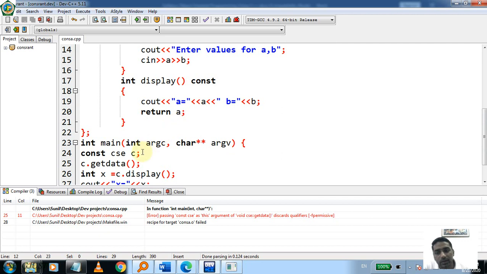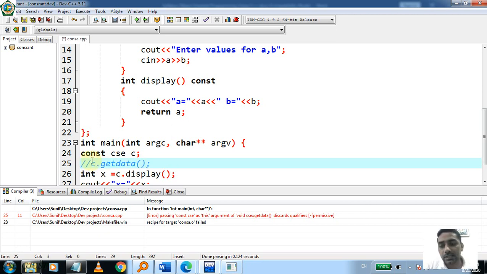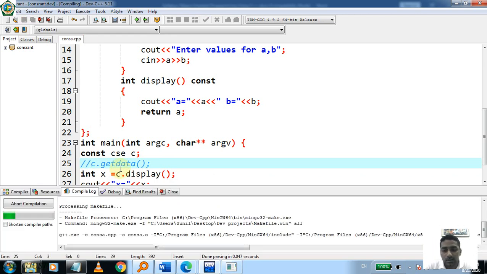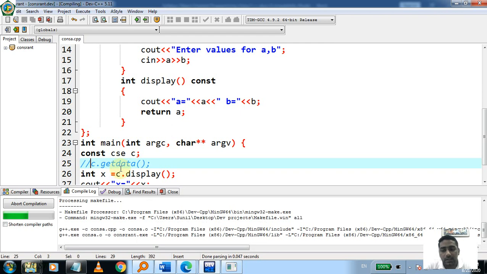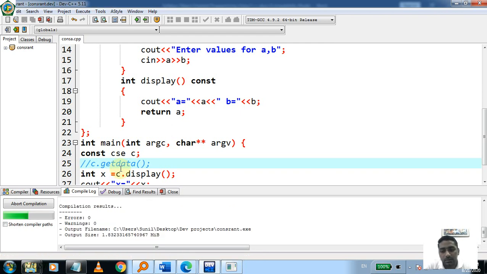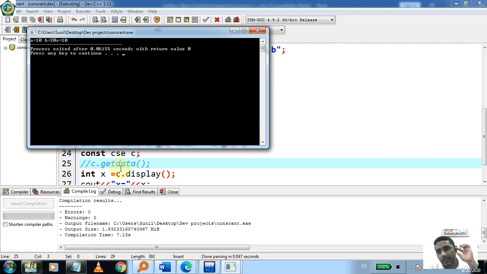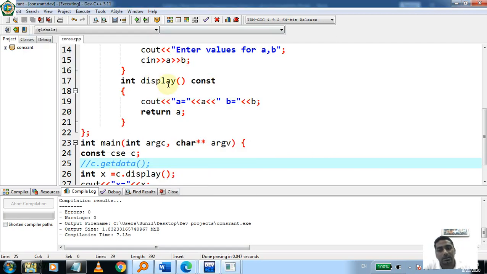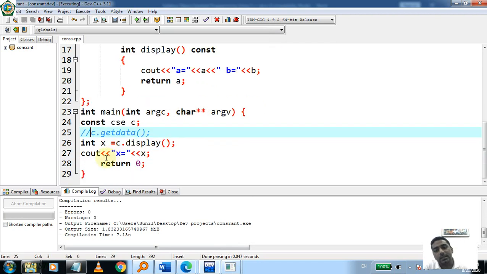So what we can do, we will not call this method right now. We have already initialized our values using the constructor, so try to execute it again. It must call the display method because the display method is constant. So it prints 10, 20 and the value in x, written by this display method. Here we can easily identify that a constant object can only access constant member functions and constant variables.